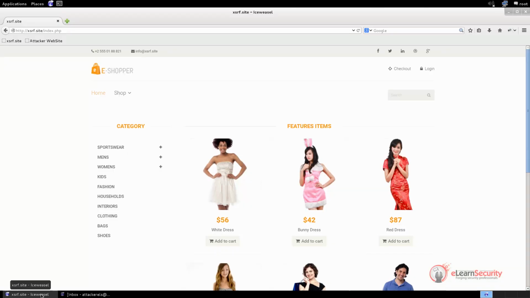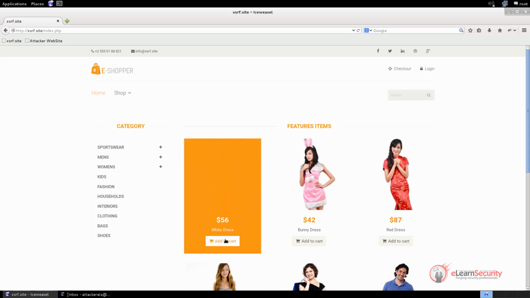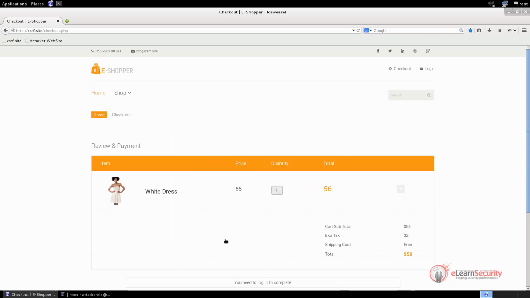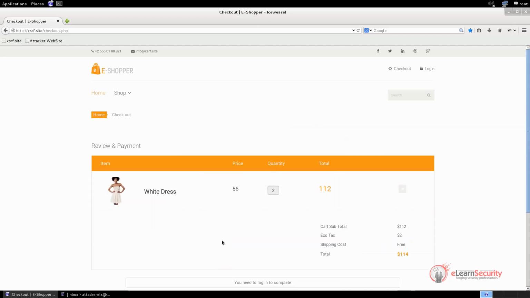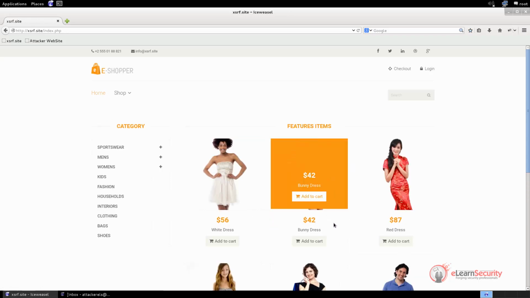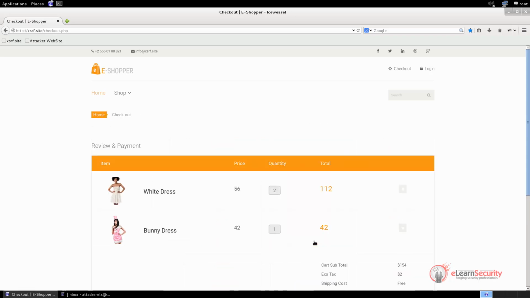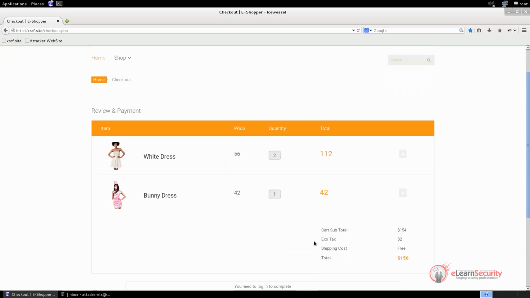This is a very simple e-commerce web application. It works similarly to other e-commerce web apps. We just have to select the items we want to purchase and add them to the cart. So let's add a few other items in our cart and continue investigating the app. So now, we have a few items in the cart, but we cannot purchase them until we log into the